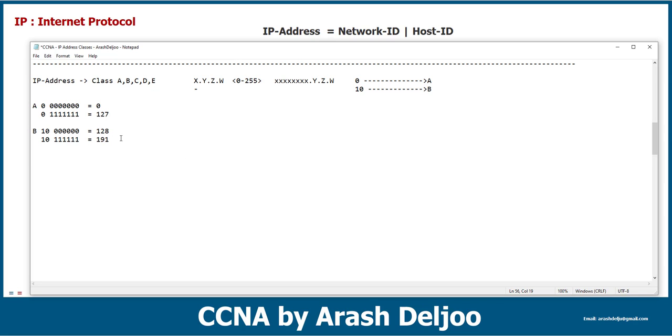After that, we have class C. The class C addresses start with 110. This means that, let me give you another piece of information here. You know that 0-started IP addresses are residing in class A, 10 in class B. Now 1 1 again is part of the 1